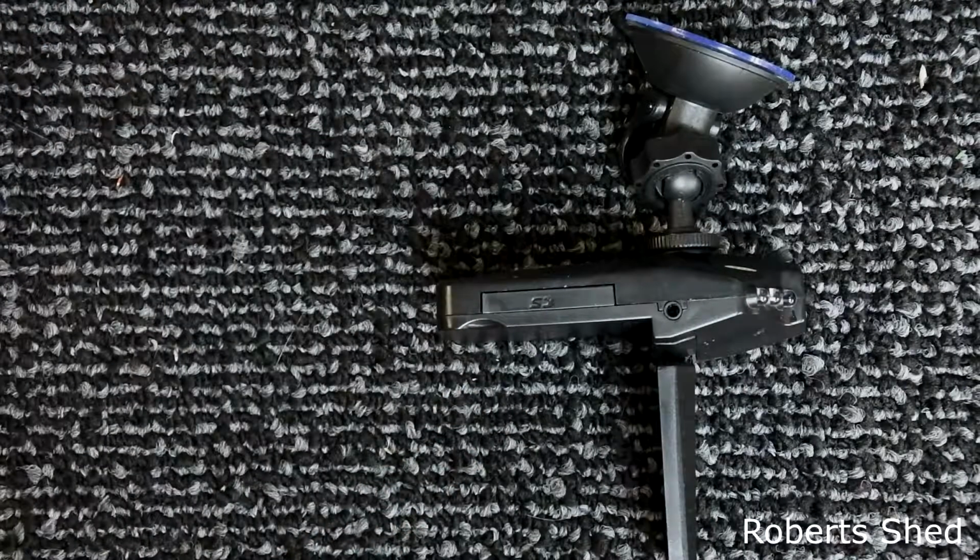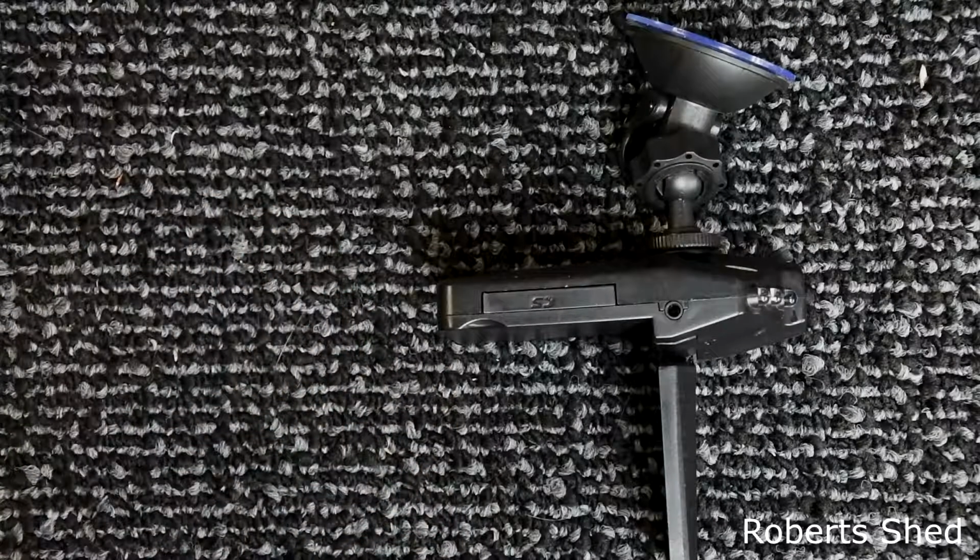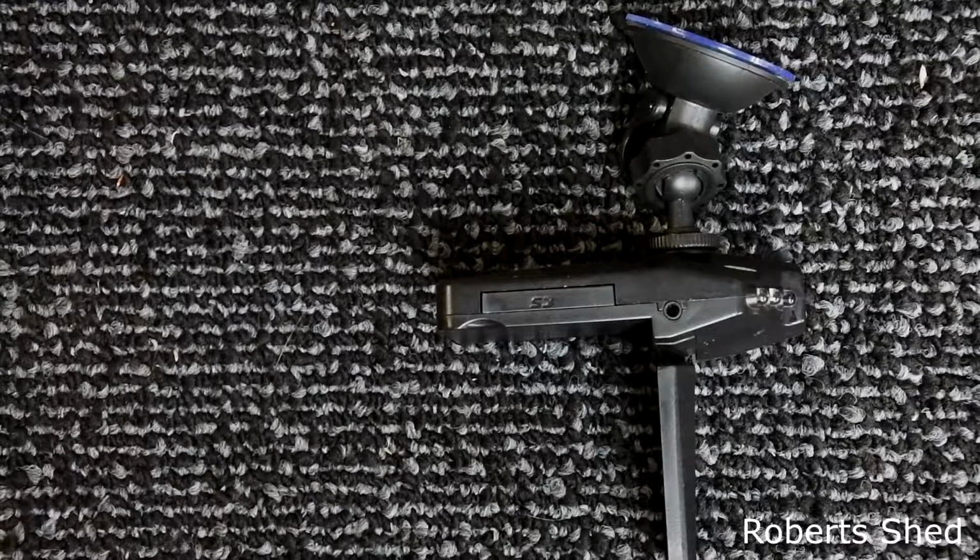So, all in all, I'll say if you want a cheap dash cam and you're desperate and you don't want to spend 50 quid on a decent one from Halfords or wherever, it'll do the job. It'll be perfectly fine during the daytime if you're willing to accept a bit of fuzziness on the images. Nighttime, it's not going to work unless you're in a well-lit area. So, not rubbish,